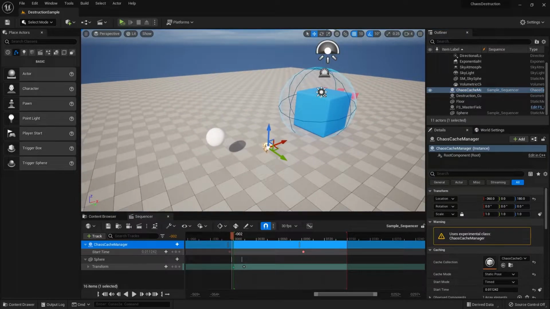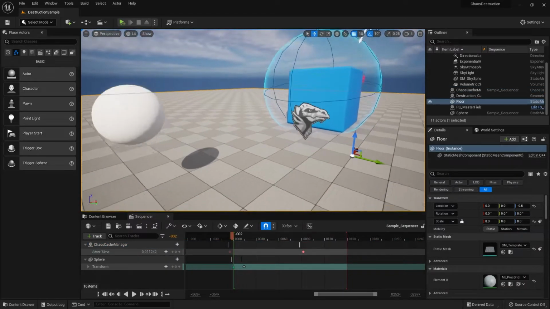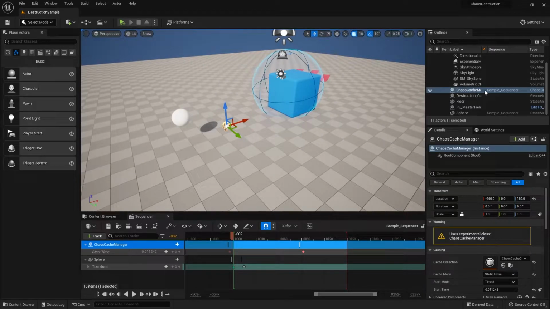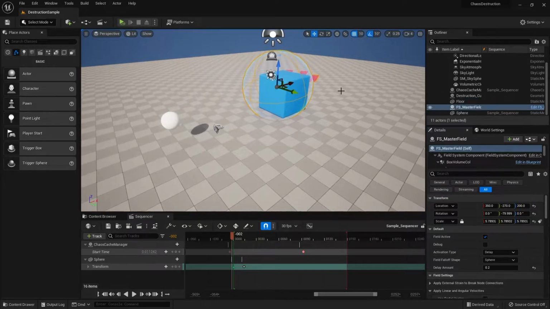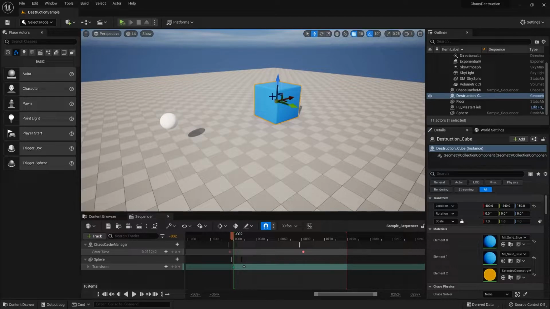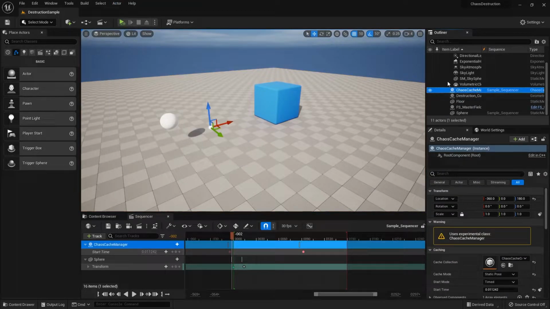And if I press G, I can hide and unhide the icons or gizmos in Unreal. It'll look like this little dinosaur icon. So that will be the Chaos Cache Manager. And you can create this by simply clicking on the chaos destruction mesh that you want to use. So in my case, this is cube. And then I'll go to Actor, Chaos, and Create Cache Manager. And then it will make that Cache Manager here in the outliner and in the viewport.